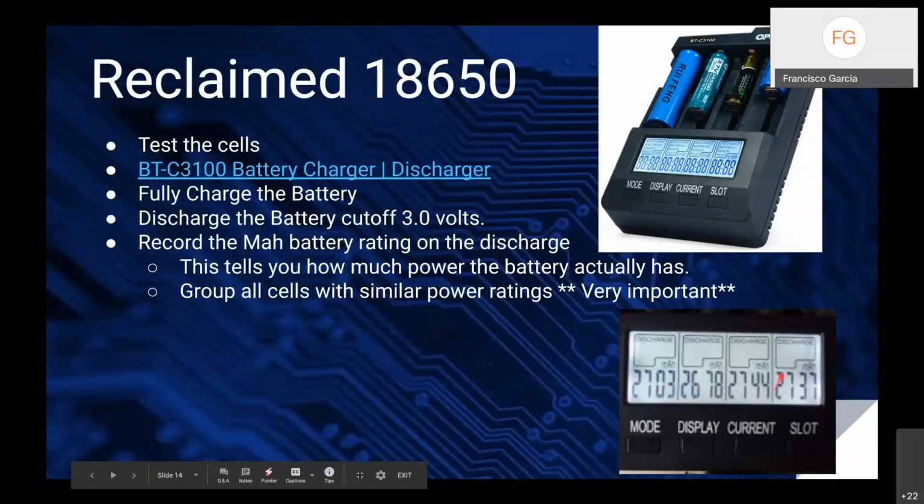Notice how the discharge rate of all these batteries is a little bit different. Out of this one, you got 2.7 amp hours. Out of this one, you got 2.6. This is 2.7 and this is 2.7. Once you do this initial test, you essentially want to label each individual battery as closely as possible. So I'm going to put all the 2.7 amp hour batteries together in one bin, and the 2.6 in another bin, because remember,